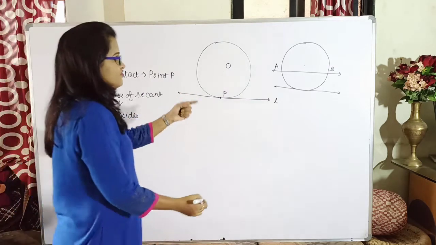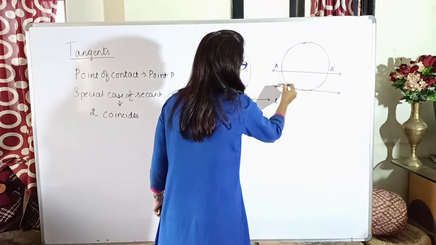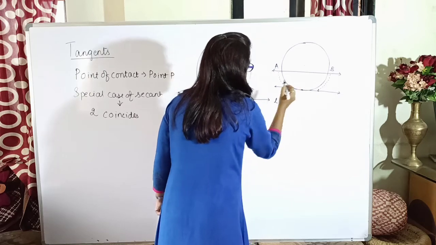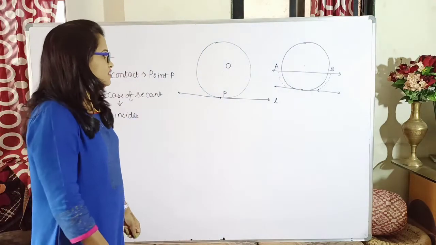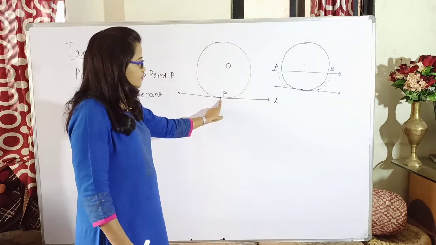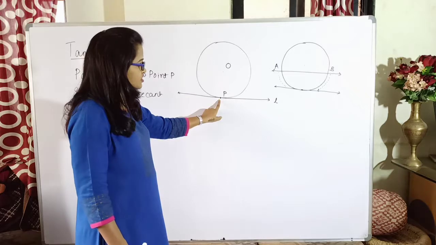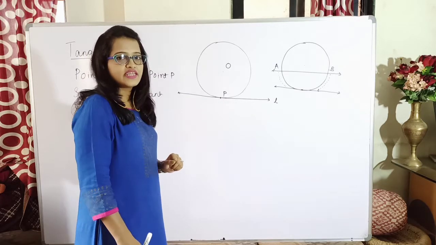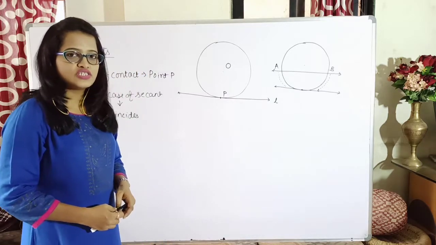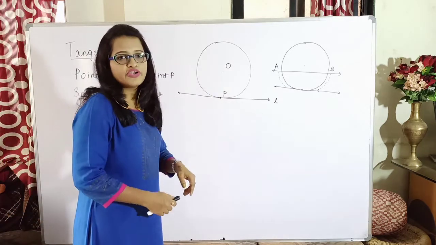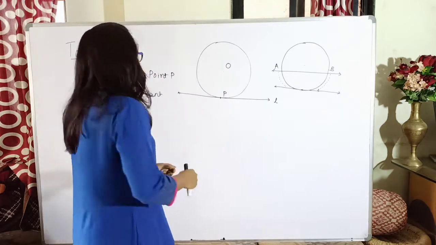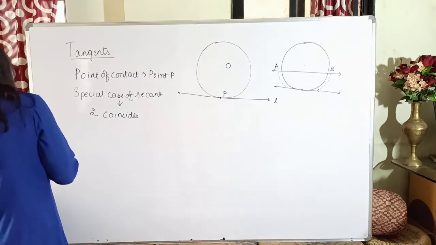That's why I have drawn the figure. So I am bringing this line down, and then points A and B will coincide and the line will be intersecting at one point. Further, how many tangents can be drawn from a point? Now suppose this is my point P. From this point P, how many tangents can I draw? Here I have drawn one tangent L. Can I draw another tangent which is again passing through point P, or which is again having the same point of contact as P? Let us first draw it.